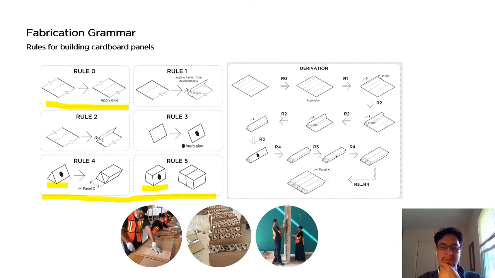This is a trapezoid, and here on the right we can see an example of the derivation of these rules that starts with a layer of cardboard that has all the templates on it for folding to obtain the tubes and then to assemble